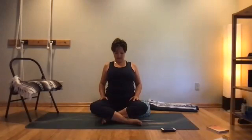And then we're just going to do a few rounds of Nadi Shodhana, so alternate nostril breathing. You can just release your posture for a moment. We'll work with the right hand and fold the two first fingers in, so index and middle fingers are folded in. Then we're going to work with thumb and ring finger, going back and forth to block the nostrils on the